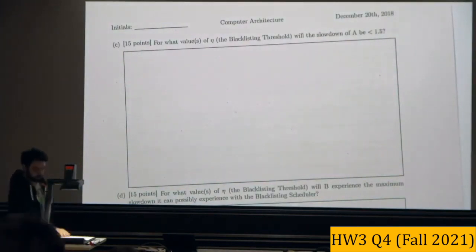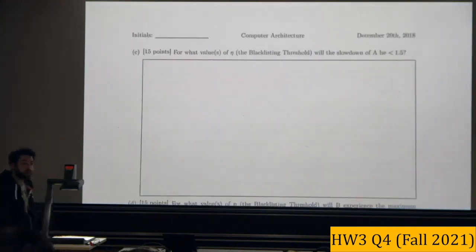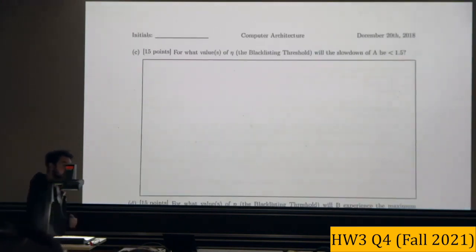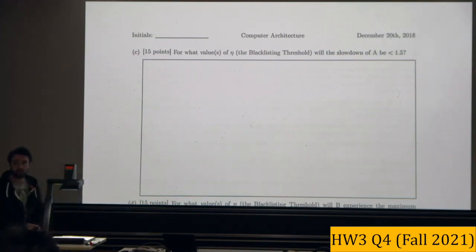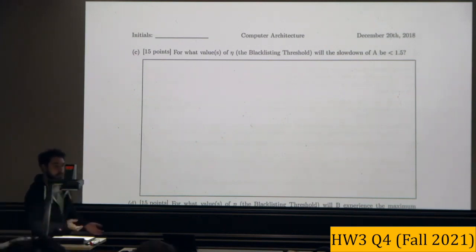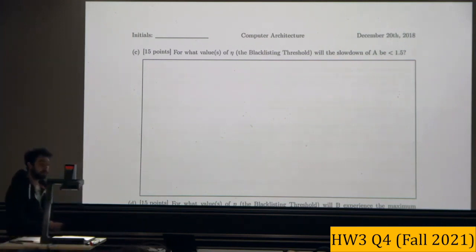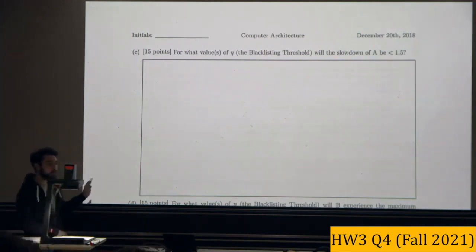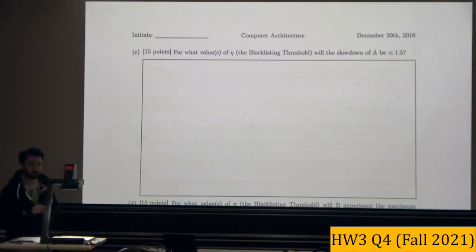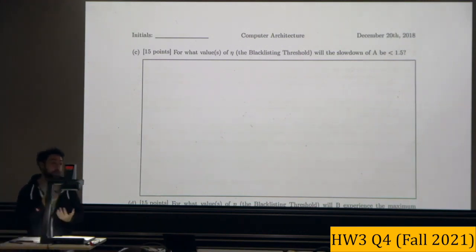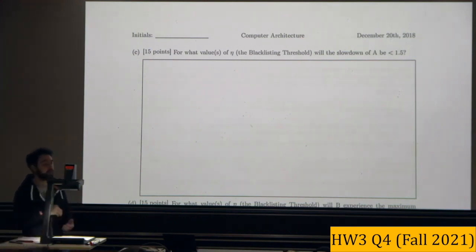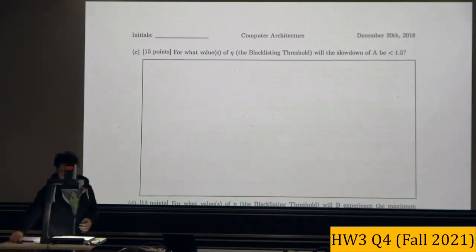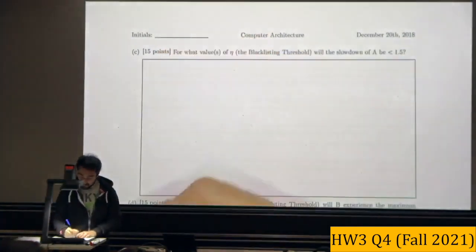So in this case, to have a slowdown of A which is less than 1.5, we need something that blacklists B, but does not blacklist A. Because if it blacklists A, the slowdown cannot be less than 1.5, right? But this cannot happen. Given the memory requests that we have, if you look carefully, we cannot have application A running and application B blacklisted and A not blacklisted. This is impossible. If you check the patterns, it's impossible